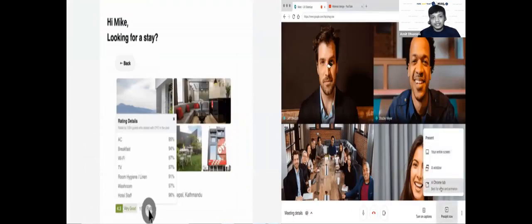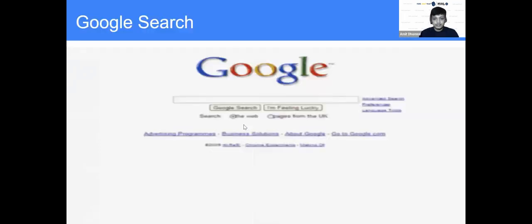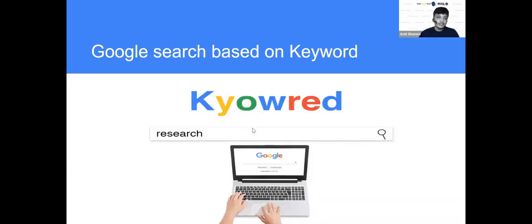And this Google Meet, nowadays many people are attending it, right? They are using it to attend classes. And Google Search is, I can say, the biggest example among Google applications, and we are all using it.